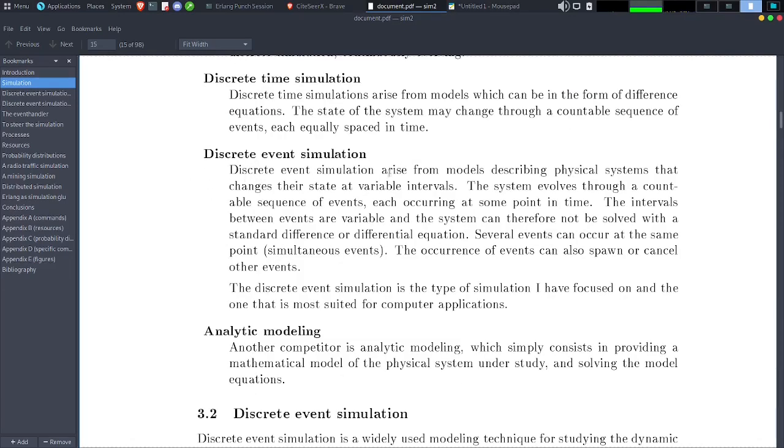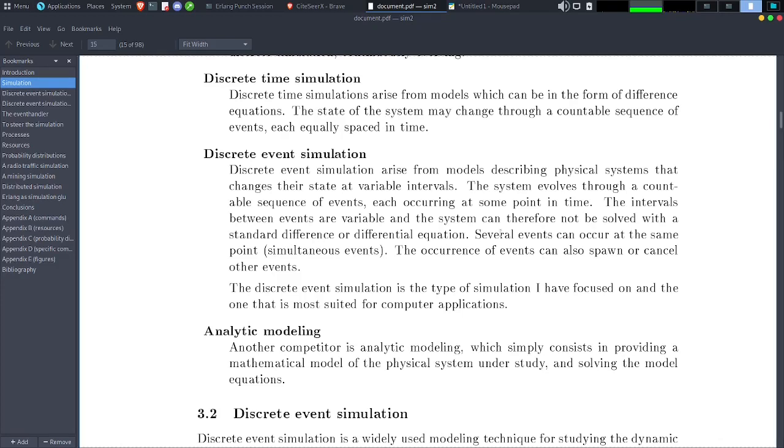Discrete event simulation arises from models describing physical systems that change their state at variable intervals. The system evolves through a countable sequence of events, each occurring at some point in time. The intervals between events are variable, and the system can therefore not be solved with a standard difference or differential equation.